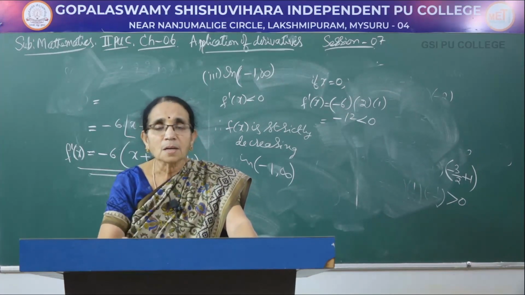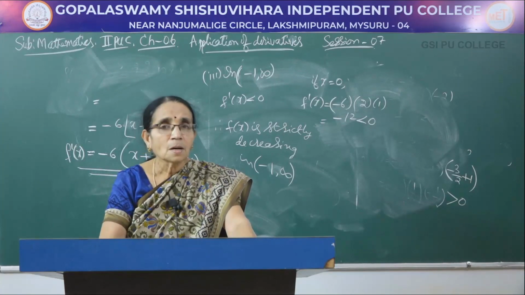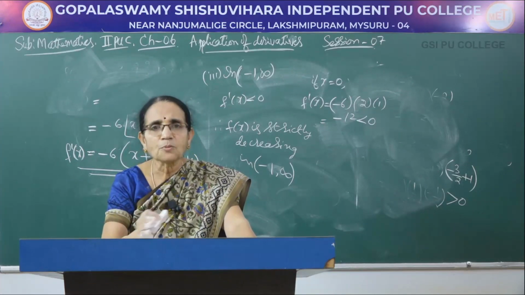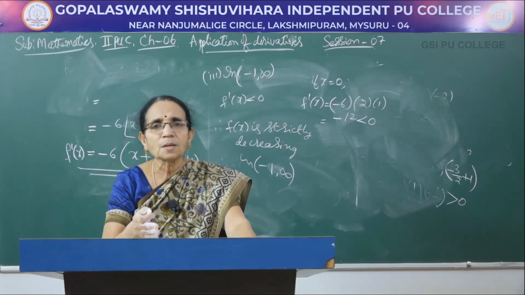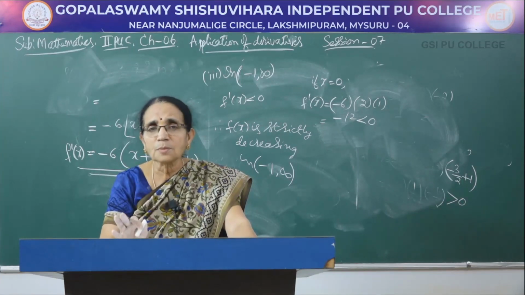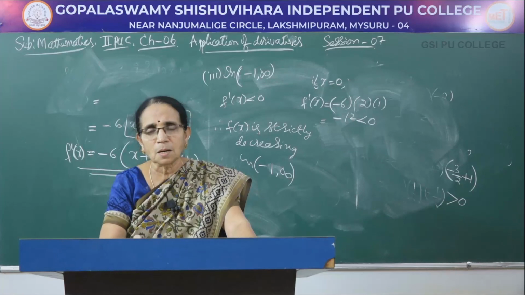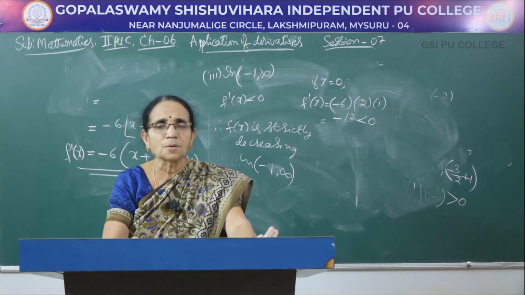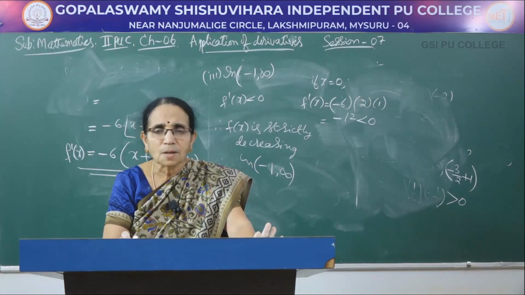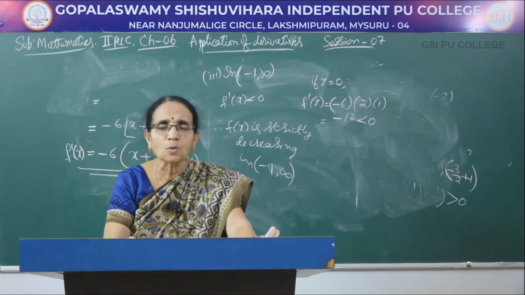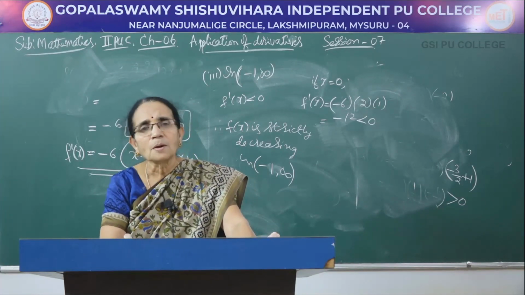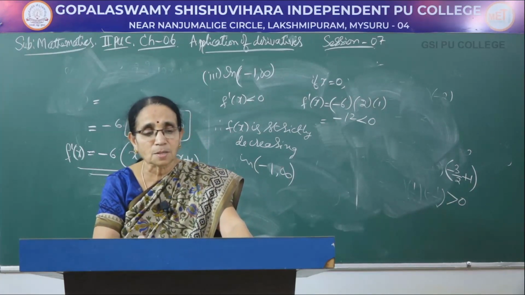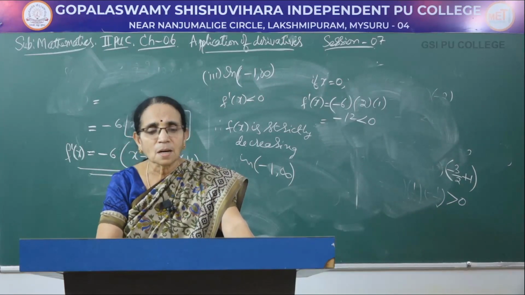Suppose a second degree polynomial function is given, then if some interval is given to you, after the derivative, you just have to find out whether in that interval the function is increasing or decreasing. For most of the problems, we make use of the statement of the theorem, that is, if f dash x is greater than 0, it is strictly increasing. If f dash x is less than 0, it is strictly decreasing. If f dash x is exactly equal to 0, it is neither increasing nor decreasing, we call it a constant function. So, these are the problems I have taught you under the second application, the increasing and decreasing functions.